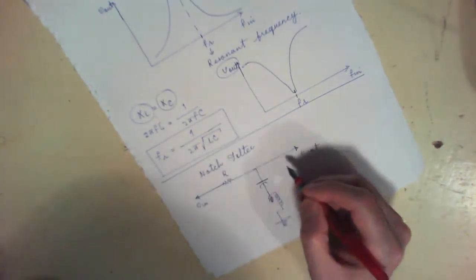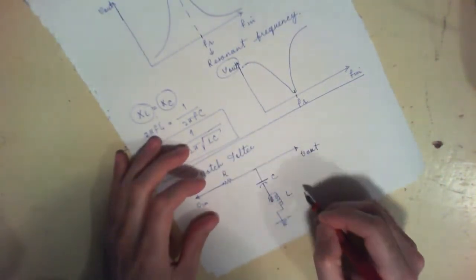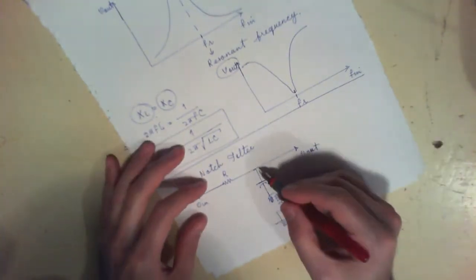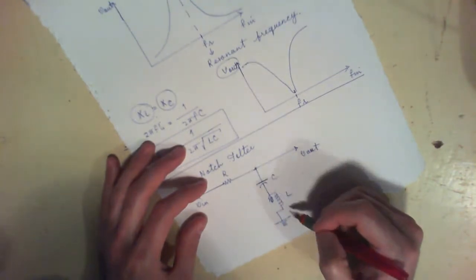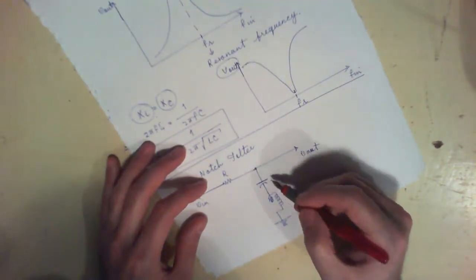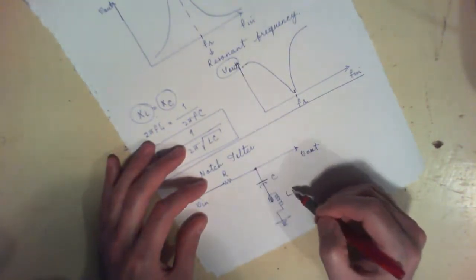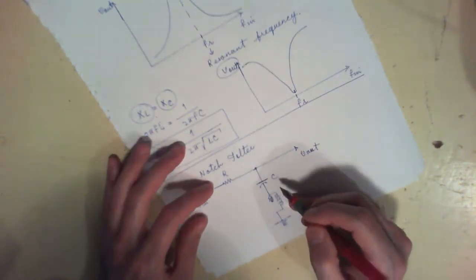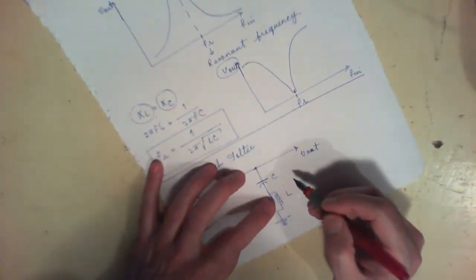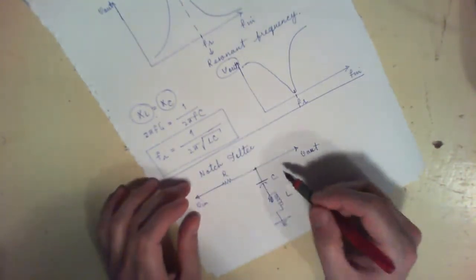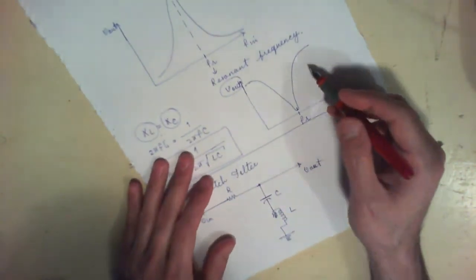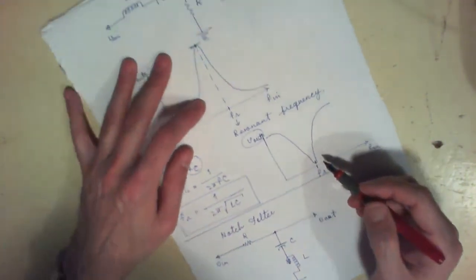So this is your R, this is your C, this is your L, and as you can see, for your V of out, you are measuring your output voltage across both the capacitor and the inductor. And it makes sense that this circuit would have an output like this, because in the case of this circuit,